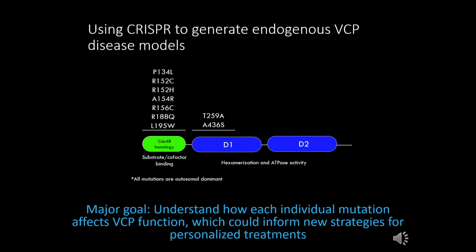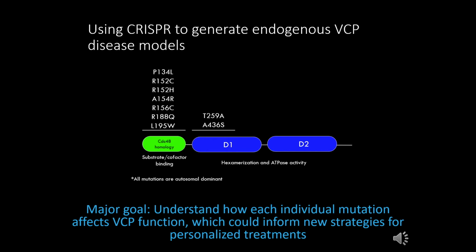Using CRISPR to generate endogenous VCP disease models. Like I said previously, we looked at the 10 most prominent and severe VCP mutations. The ones that we ended up using for our model were P134L, R152C, R152H, A154R, R156C, R188Q, and L195W, and these are all involved with the CDC48 homology, and they're used for